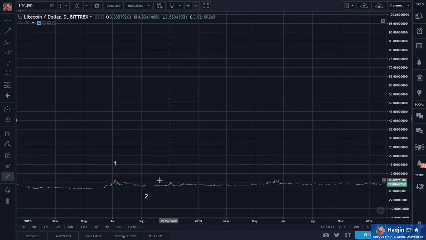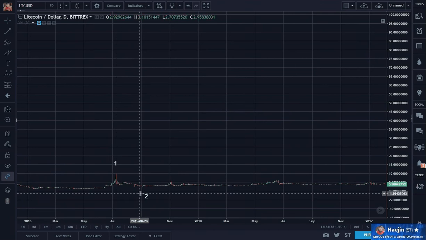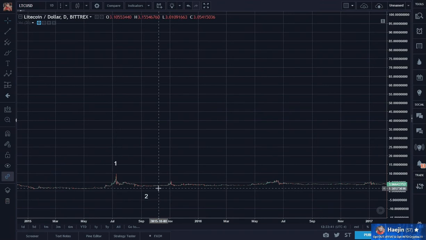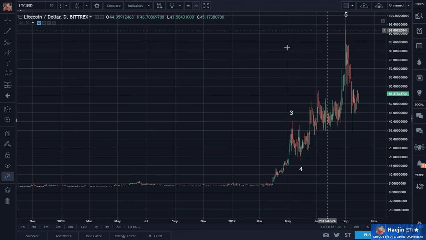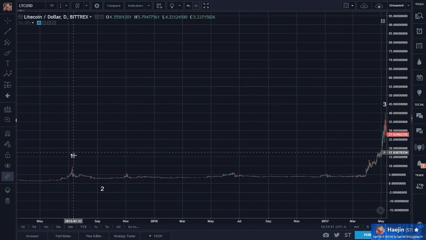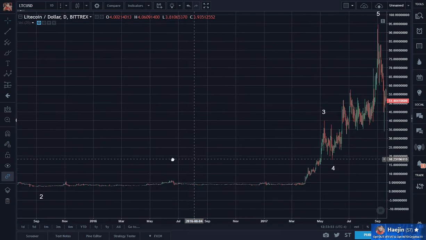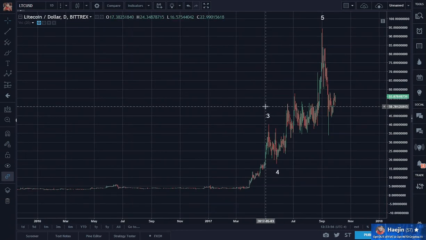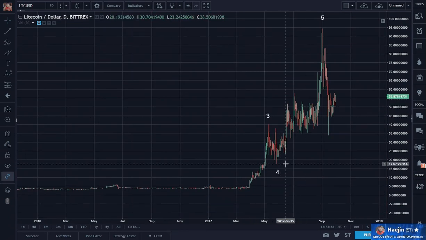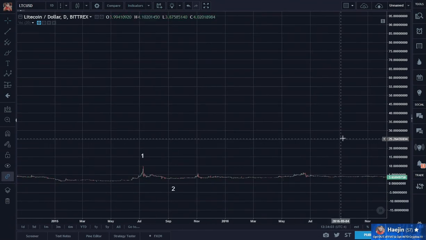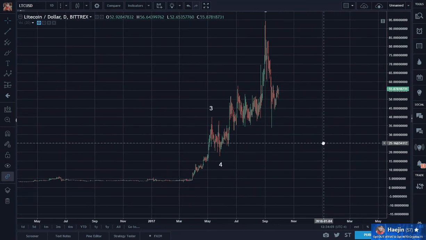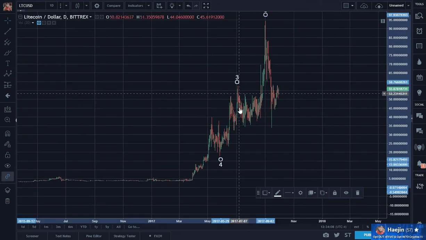So let's go back to the rules of wave labeling. Wave 1 and 2: 2 cannot equal the bottom of 1 or exceed it. Check. 3 cannot be the shortest amongst the 5. Can I find whether 1 or 2 is shorter than 3? They both are. Check. It's not the shortest. Wave 4: the bottom of wave 4 cannot overlap with the top of wave 1. No problem. Check. Now you might say, well, why not make it here